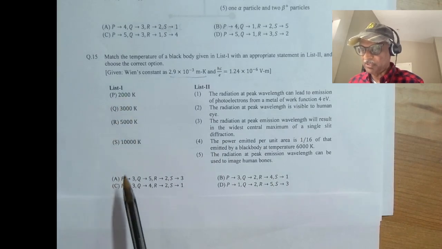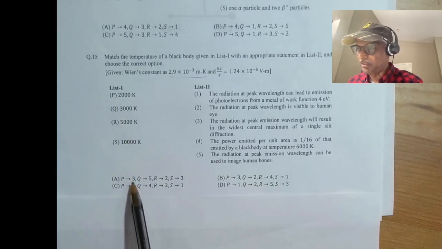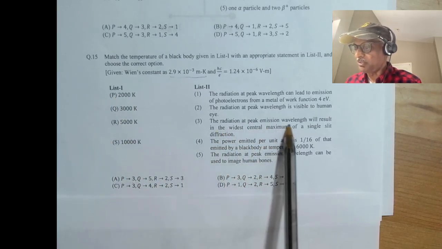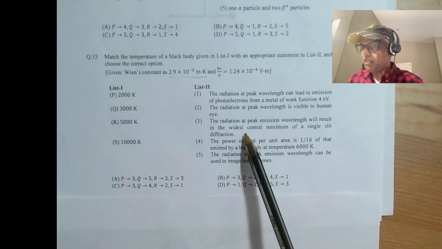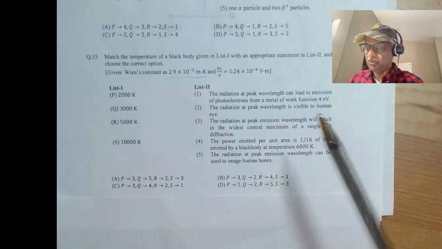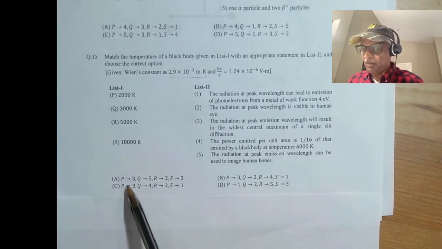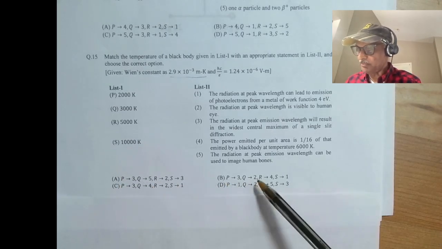Like at this temperature, if the consequence will be 3, the peak emission wavelength will result in the widest central maximum. So if you know how to calculate the widest central maximum, this is what you would do to decide on this. But you can see from the choices,